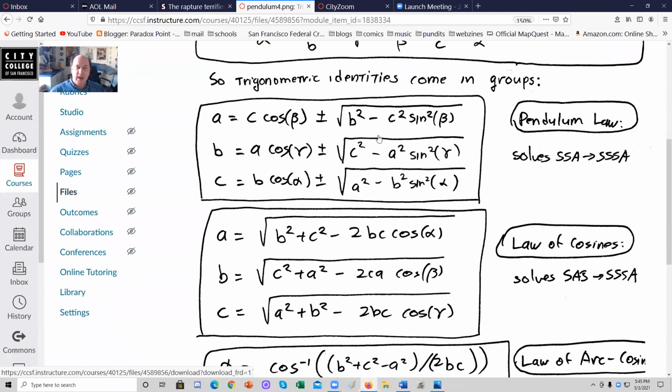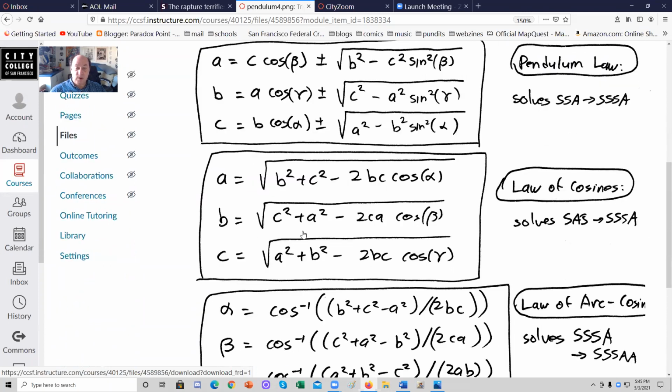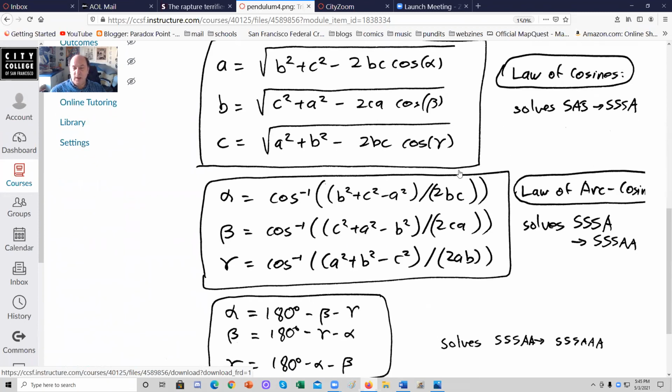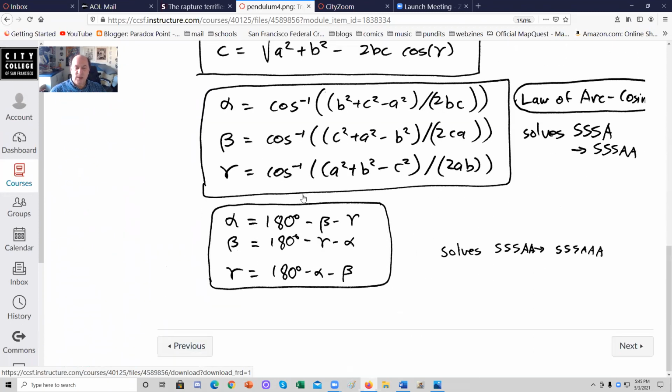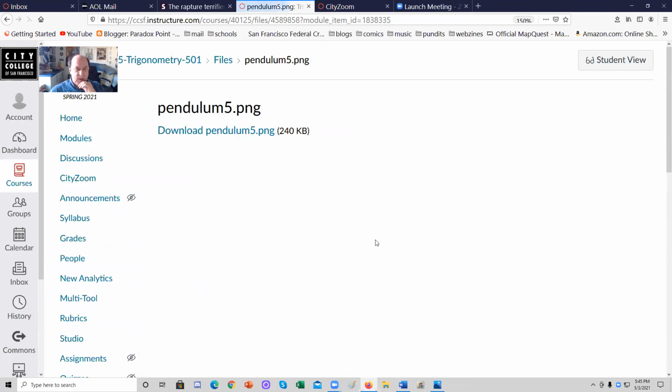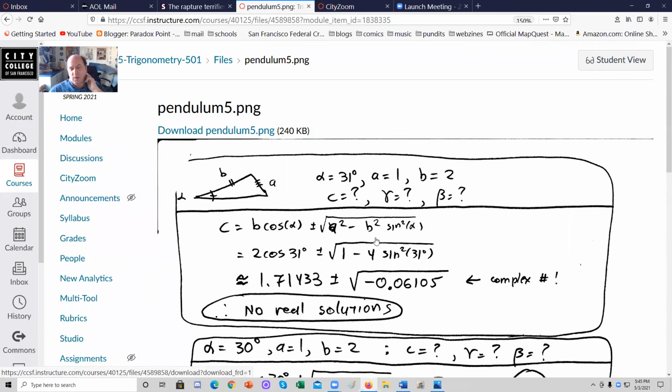And law of cosines, we derive that. We've actually derived that elsewhere. We get this here, and three versions of it. And three versions of law of arc cosines. And three versions of the triangle rule. Triangle rule. Okay, so for example,